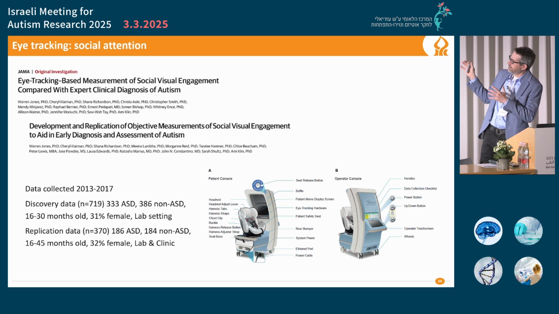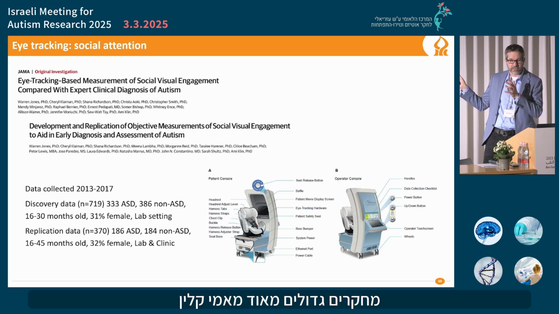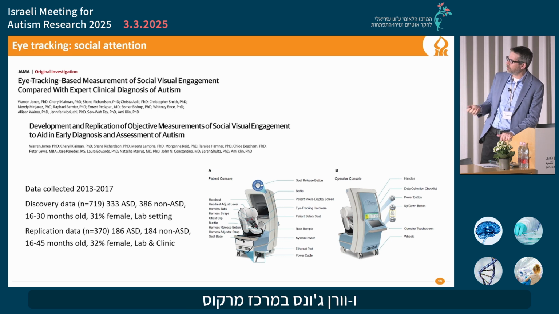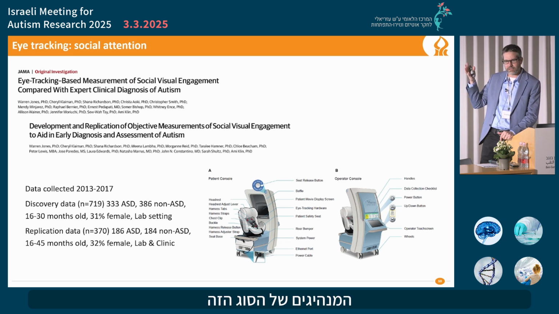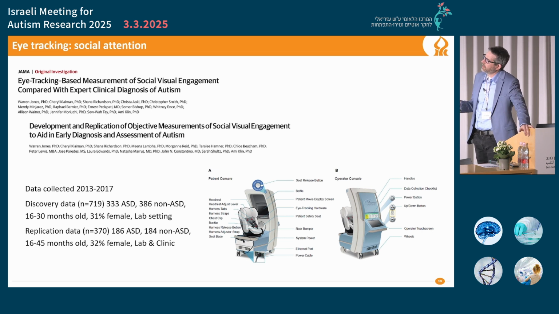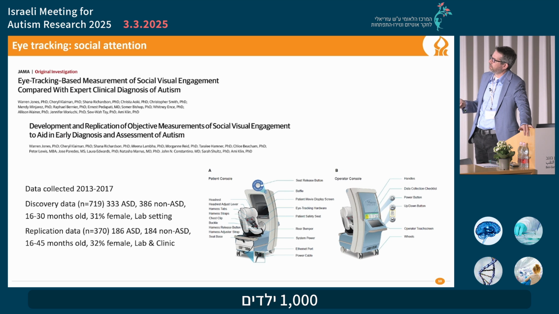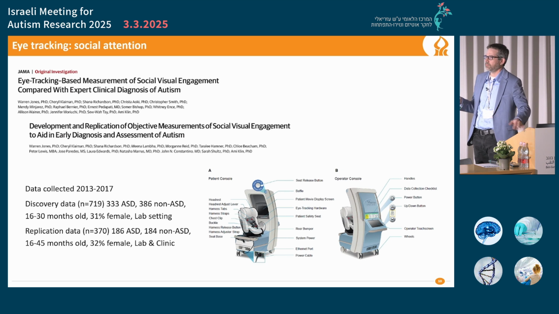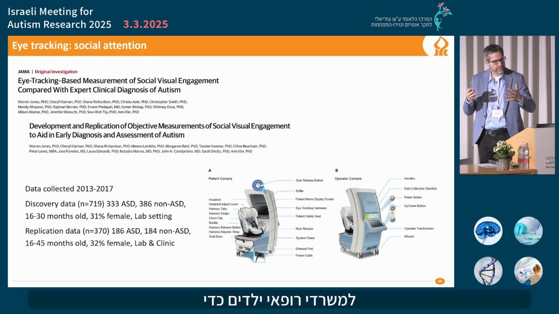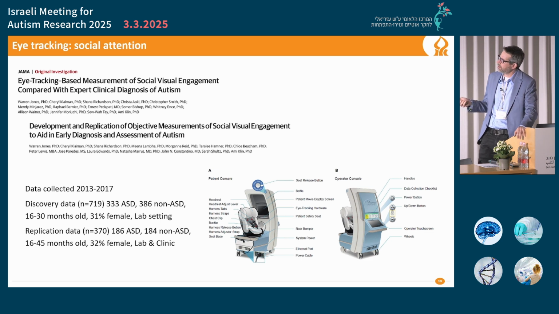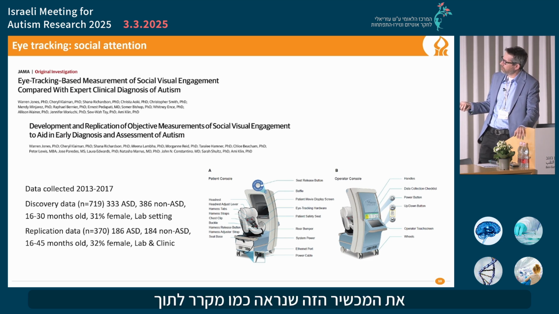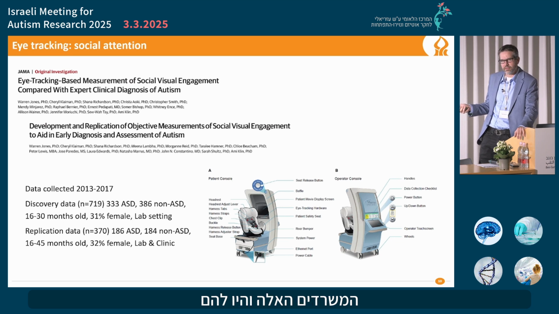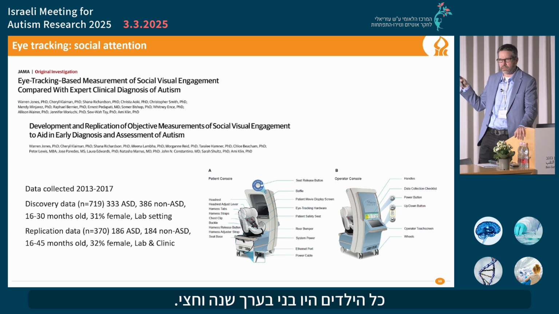Last year, two very big studies came out from Ami Klin and Warren Jones at the Marcus Autism Center, who are probably the leaders of this kind of research in the world. They came out with data from over 1,000 children who walked into pediatrician offices to get screened for autism. They brought this refrigerator-looking device into those offices, and the teams put the children in this car seat and presented them with a set of movies that were about 12 minutes long. All of these kids were about a year and a half old.